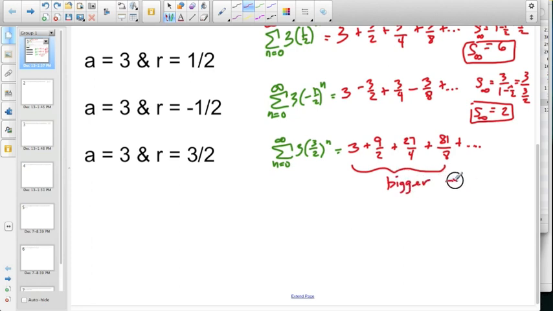So this is going to end up having a sum of infinity because we're adding bigger and bigger numbers with each term we add. And so where does this switch off from being a finite value to being an infinite value? And for that, we're going to have to look at a common multiple of 1. And so if we look at that common multiple of 1,